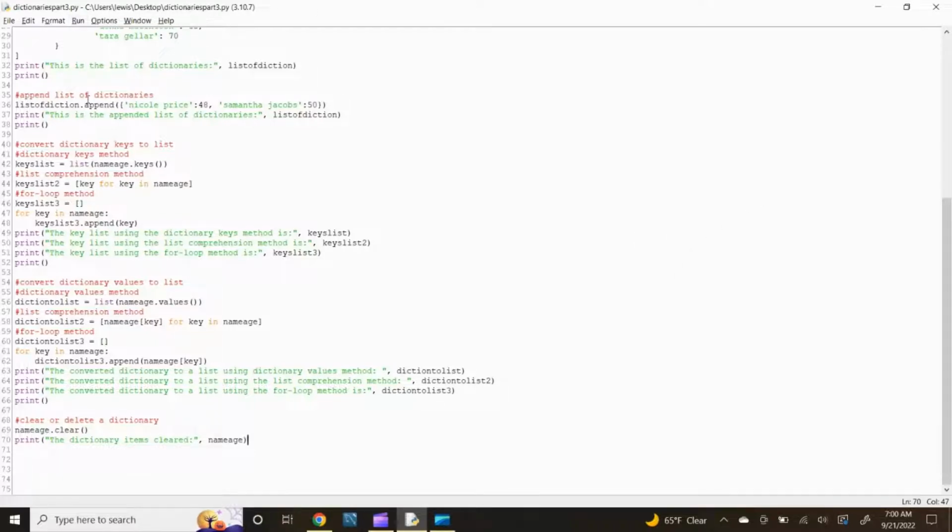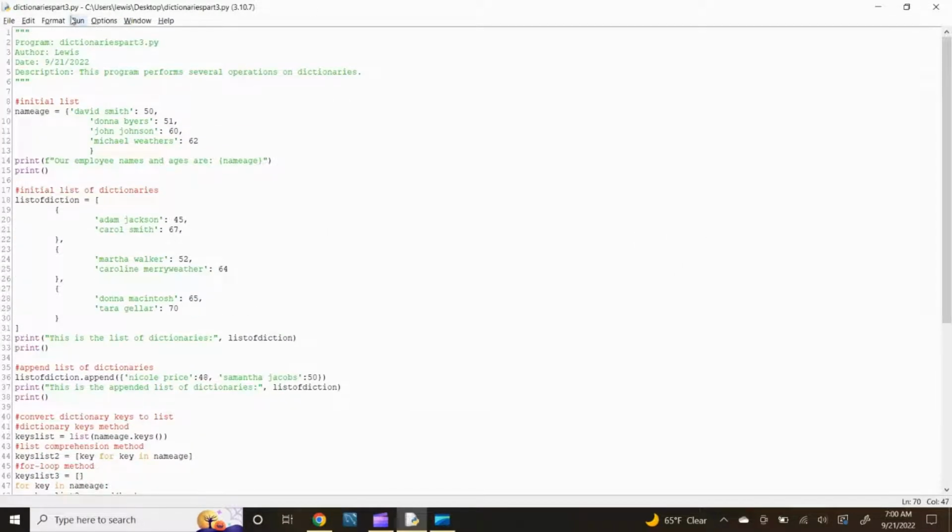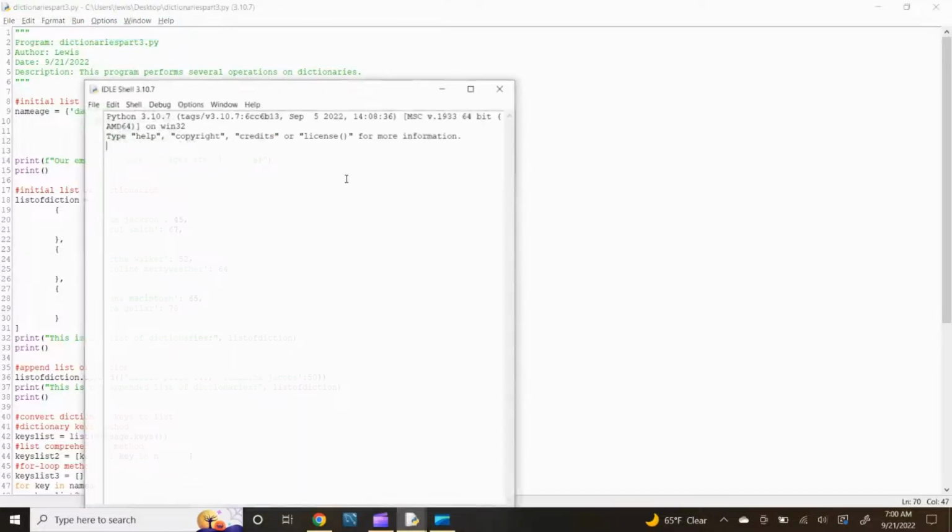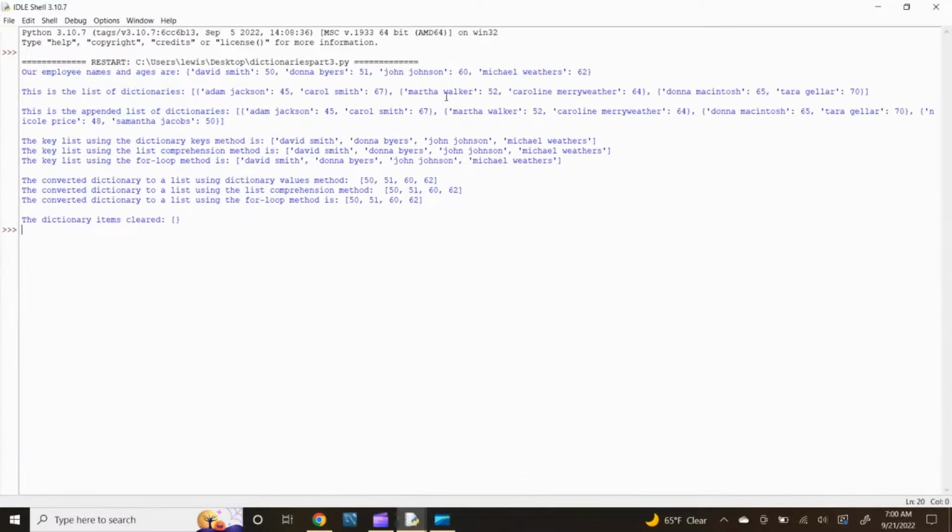Now, let's run the module and confirm the program that performs several operations on dictionaries works as expected. In the Python IDLE editor header, click Run, then click Run Module. After the IDLE shell opens, based on the code we input, we wanted to append the list of dictionaries with